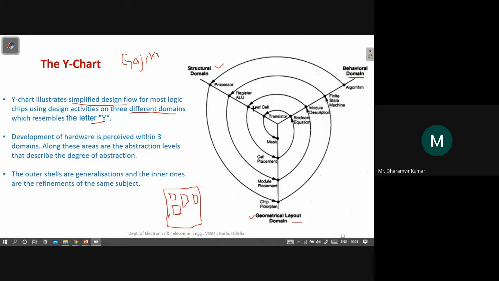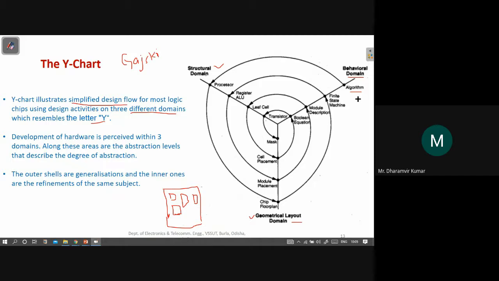Okay, and then we have a behavioral domain here that tells us about the behavior part of the system. Basically it's algorithmic in nature. It tells us how the system can be described, mainly in terms of if and else conditions.